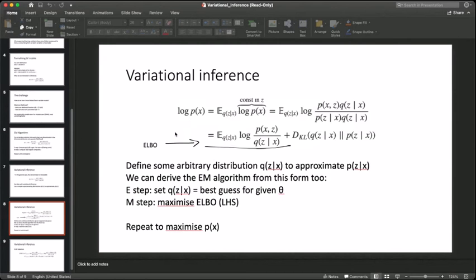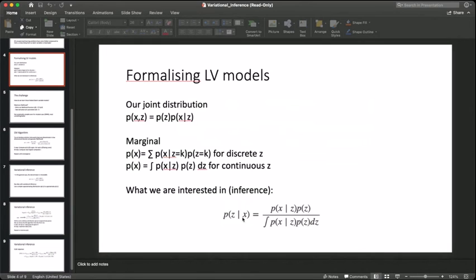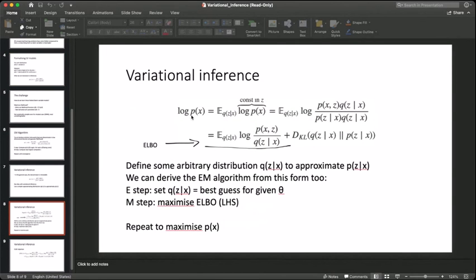I'm not sure this is the right derivation to use given this presentation, given that I've been talking about inference and not about P of x. Do you mean P of z? No, I've been talking about this objective. We're interested in inference. But now this derivation starts from P of x rather than